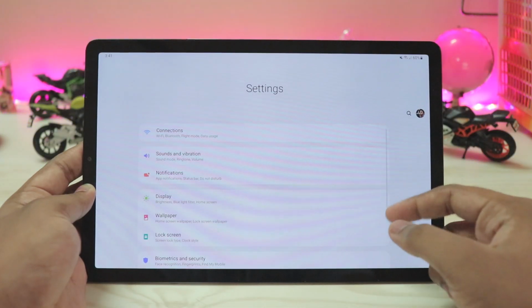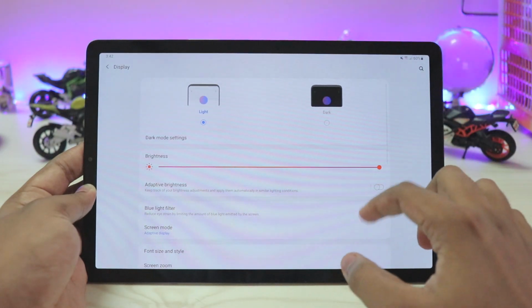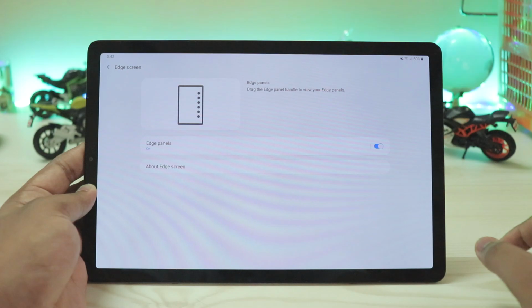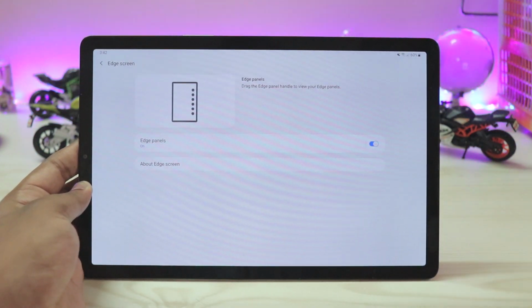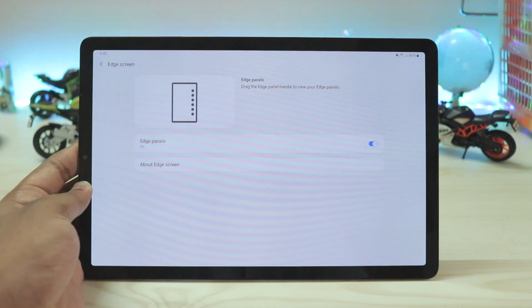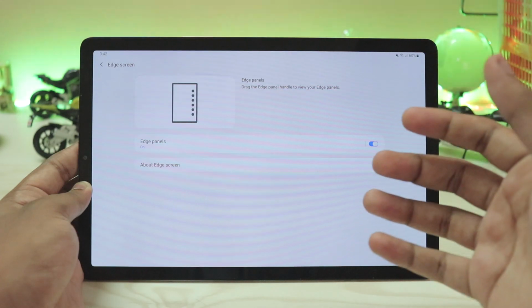So directly going down to the settings app, again normal settings right over here, but the huge addition would be the Edge panel. So again, into the Edge screens, now you have the Edge panel from the Galaxy Tab S7. And it was such a hard thing, like even my Galaxy Tab 4, which is a 2014 tablet, does have an Edge panel at least for launching multi-window apps, and with this thing there was nothing.